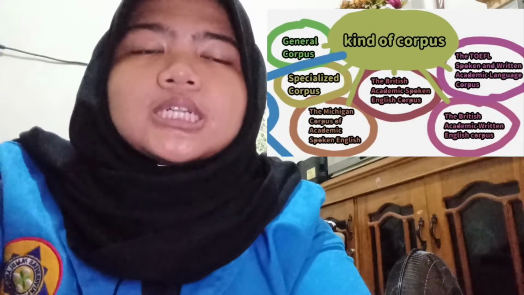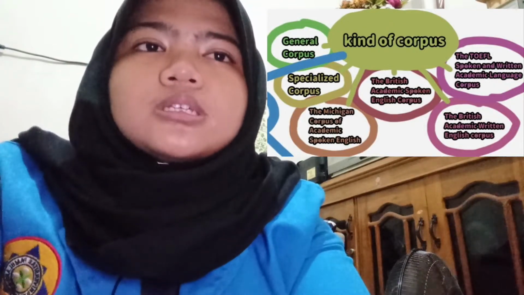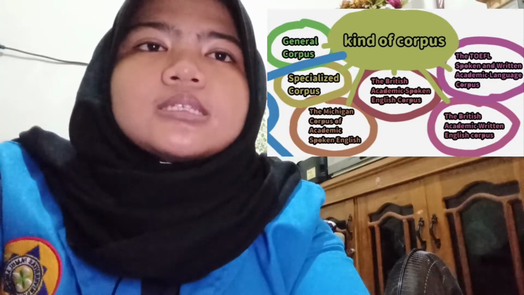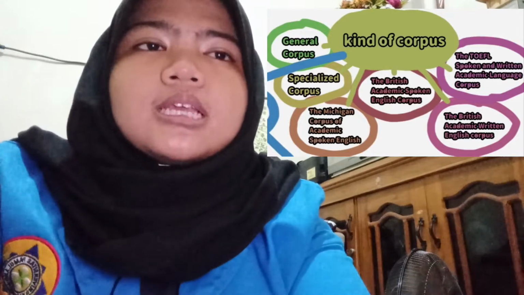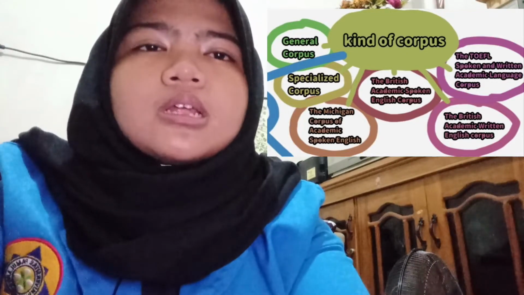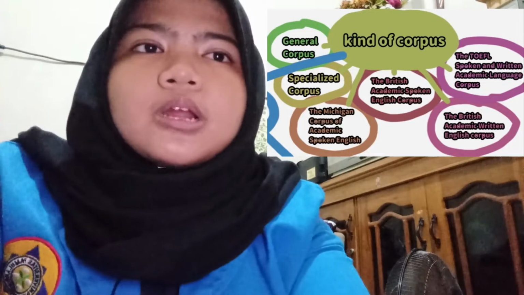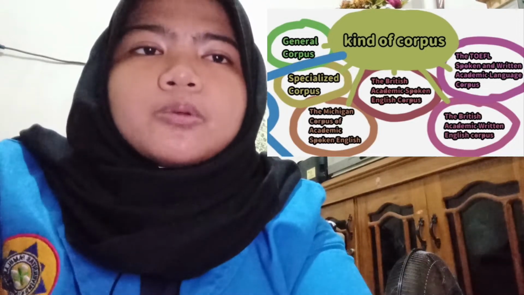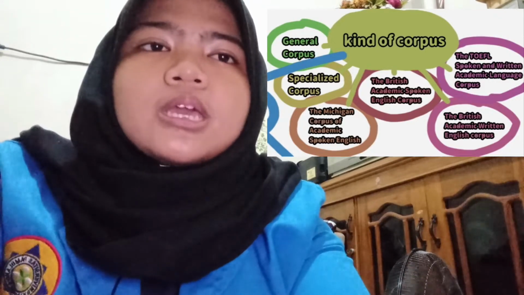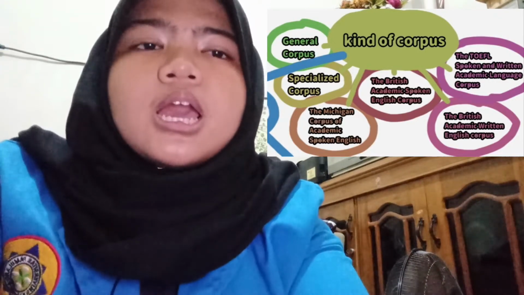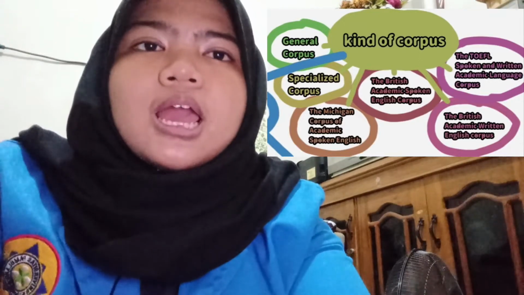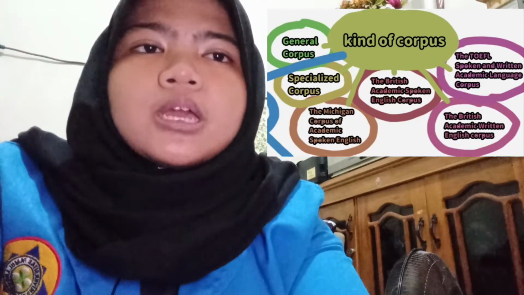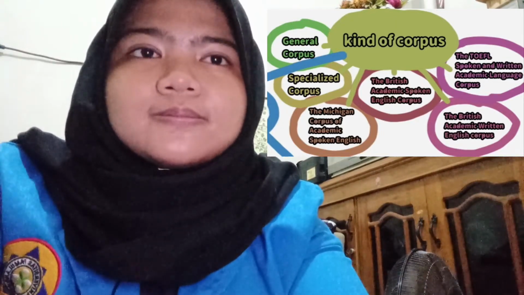The first one is general corpus. A general corpus, also known as a reference corpus. Rippon and Simpson explain it aims to represent language in its broader sense, to serve as a widely available resource for baseline comparative study of general linguistic features. A general corpus provides sample data from which we can make generalizations about spoken and written discourse as a whole, and the frequency of occurrence and co-occurrence of particular aspects of language discourse.